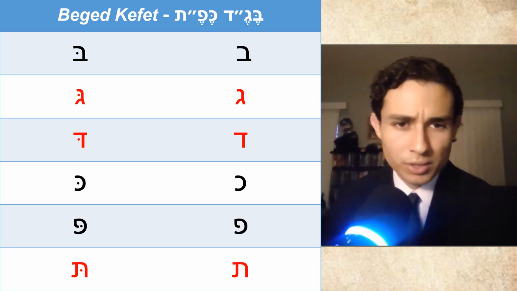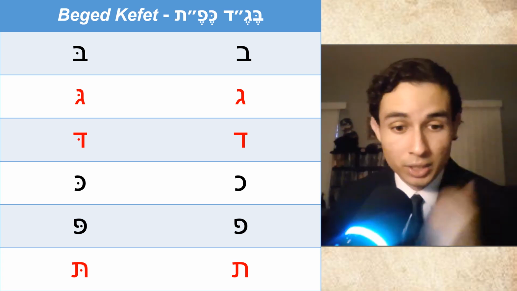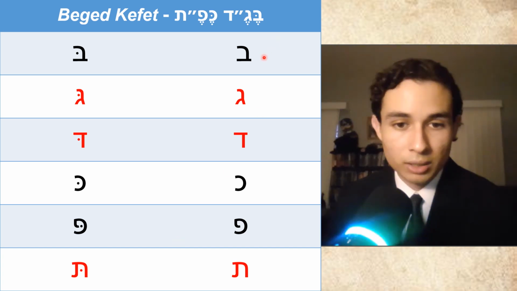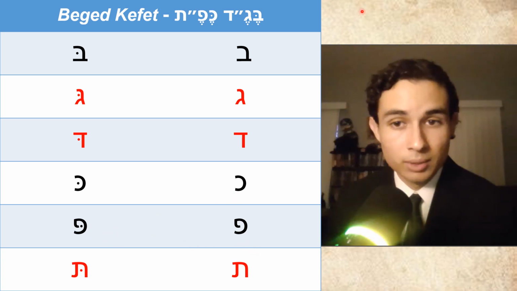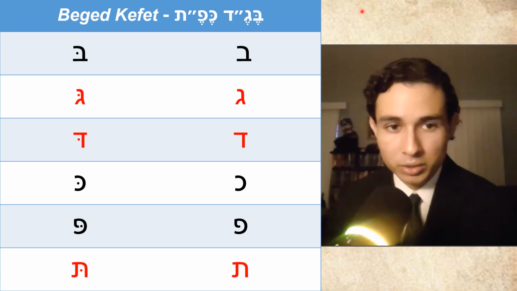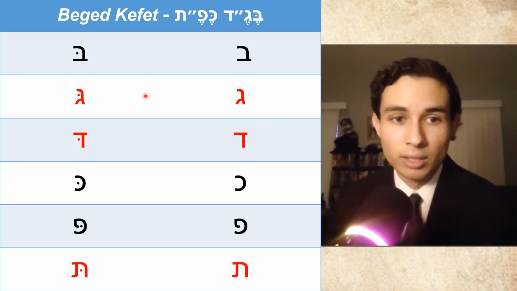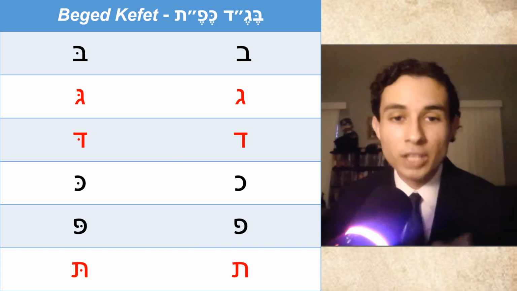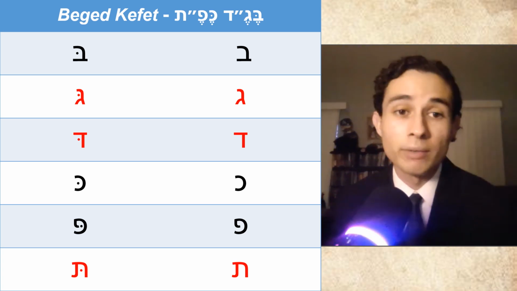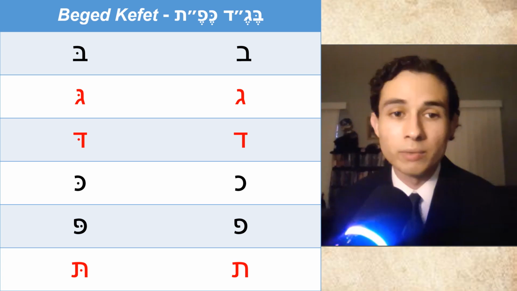So three of these still exist in modern Hebrew, which we've seen when we practice the alphabet, right? Look at the letters that I've put in just black. We know the bet and the vet, we know the kaf and the chaf, and now we know the pei and the fei. These variations are familiar to us, but modern Hebrew has actually lost the distinction in the letters I've presented in red. So the gimel, the dalet, and the tav. Again, modern Hebrew doesn't differentiate between the hard and soft versions of gimel, dalet, and tav. So that's why we only stick to one pronunciation of each letter.